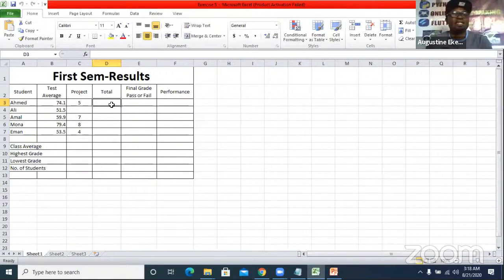I'm going to click inside this first total and press the equal sign, and then input the formula. The formula is simply test average. I click on it. Then plus. I simply use my keyboard and press plus. Project. I click on project. Then I press the enter key. So it does the total. If you use your calculator and do this, it will still give